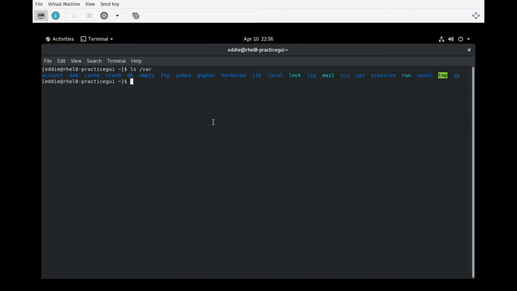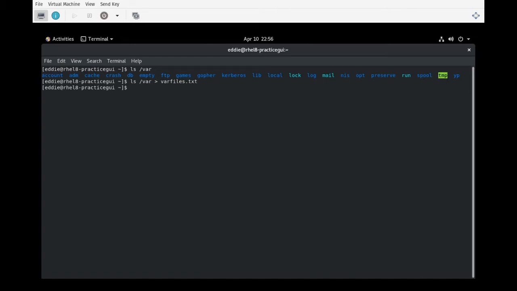And if we wanted, rather than have this display on our screen, we can redirect this to a file. And to do that, let's say there's an objective on the exam where we need to create a file called varfiles.txt, and the contents of that needs to be the contents of the var directory. Well, to do that, we'll do our command ls /var, and we are going to redirect that, and the operator that we'll use for that is the arrow. We're going to send that to, let's say, varfiles.txt,